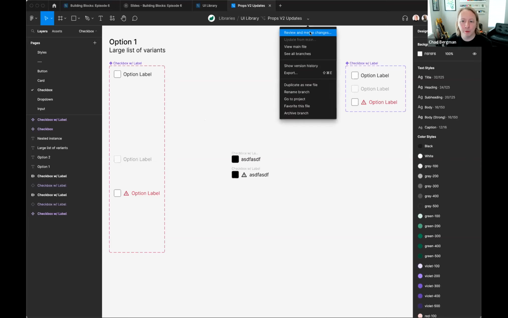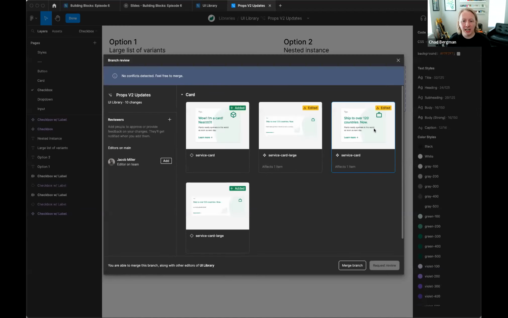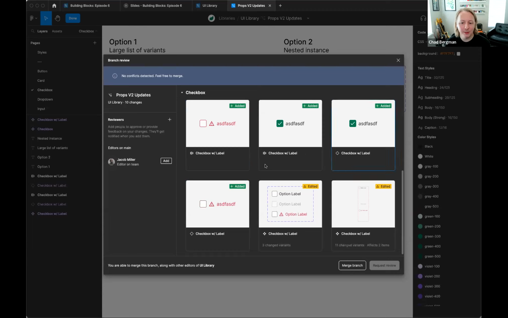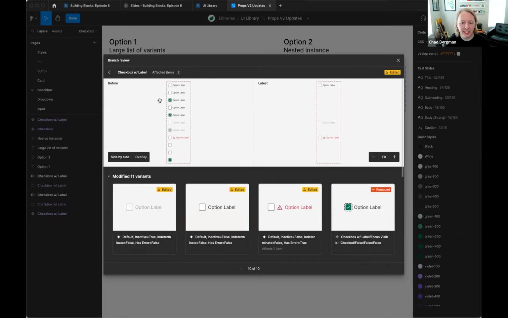So one thing we can do if we come up to our branch to review and merge the changes, it's going to bring up and show me everything that's been changed right within our file here. So no conflicts from what's in main. And we can see here we have our checkbox, the new pieces we've added. We can see we've edited the checkbox with label. So I'm going to go into just this one here, where, as Jacob demonstrated, we've removed some of those different variants we no longer needed in order to have the props on the latest. And just like that